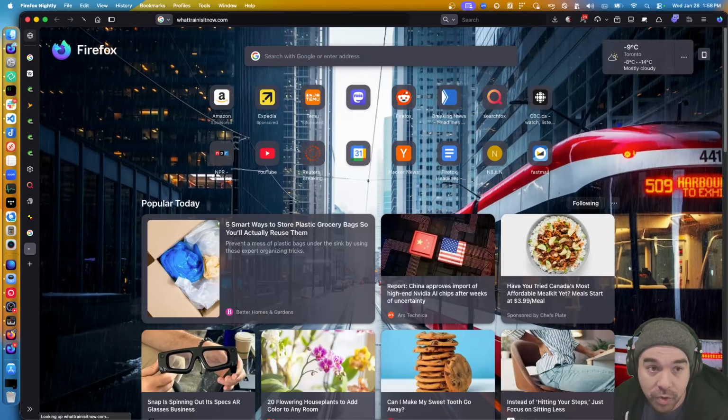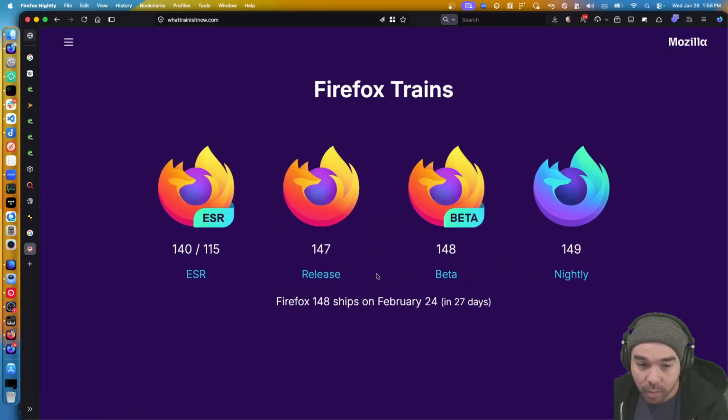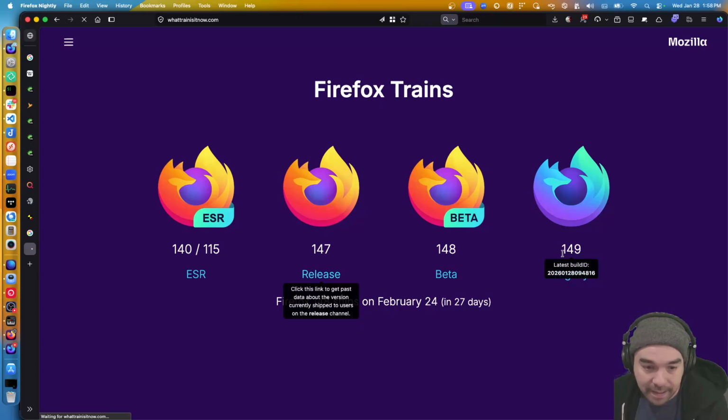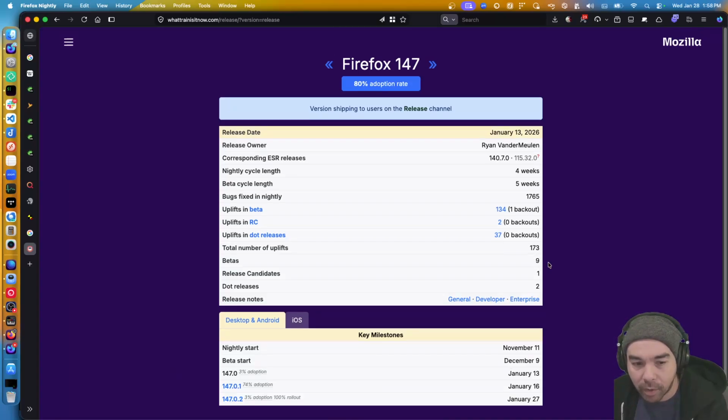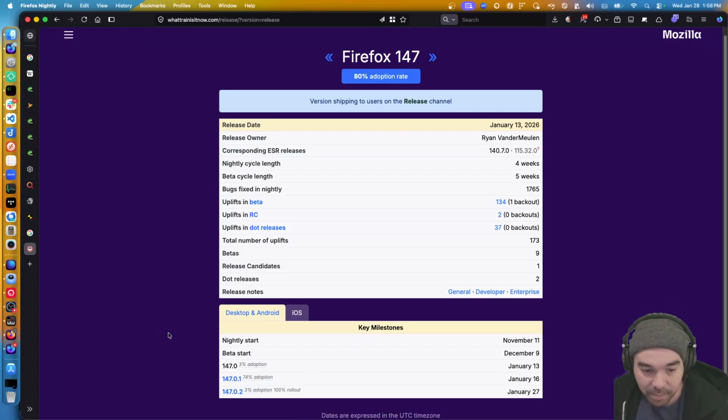If we look at what train it is now, 147 has had 2 dot releases already. 147.0, 147.0.1, 147.0.2, and I believe there's going to be another one, because this is a weirdly long cycle. It had a 4-week cycle on Nightly, but a 5-week beta cycle, and now it's getting like a 6-week release cycle. It's fairly strange, but long story short, we might do another dot release here, and then